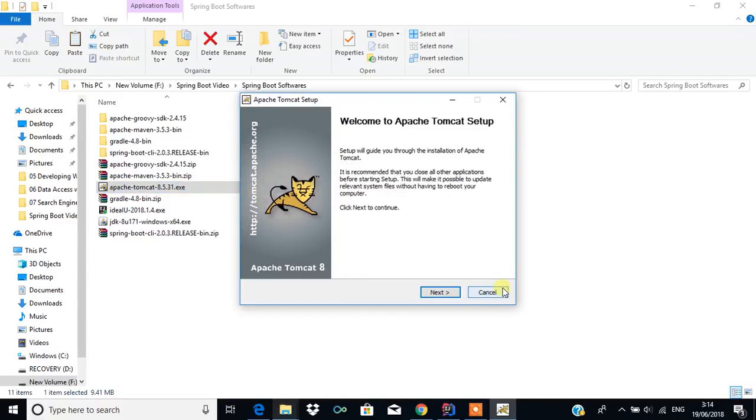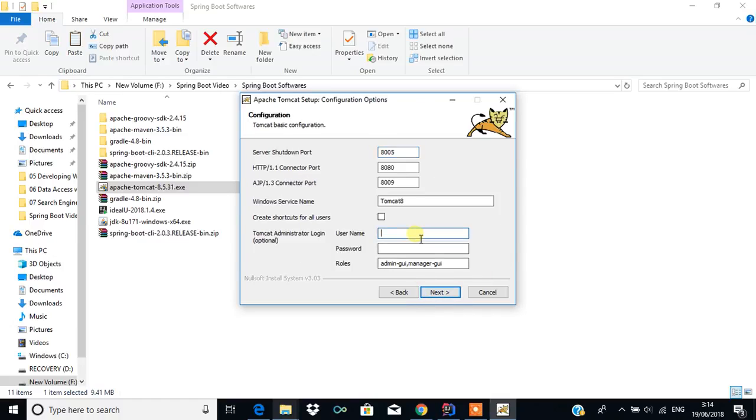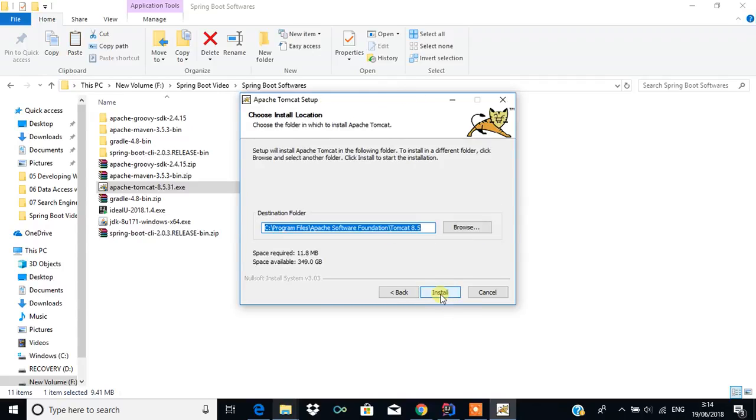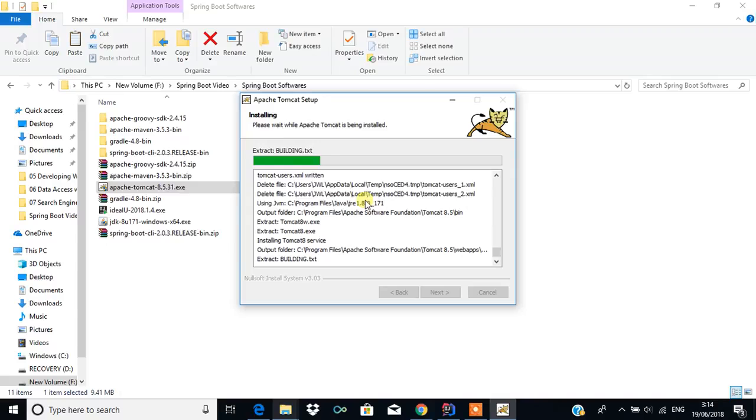Click on yes, next, agree. Then you have to select the host manager, because to deploy this war file we need the host manager. Click on next, and I'm going to set the username as admin and the password as admin. You can change any password here. Then click on next. By default this application server requires JDK 8. Then this will install in C Program Files, Apache Software Foundation, Tomcat 8.5. Then click on install. So this application server will get installed,